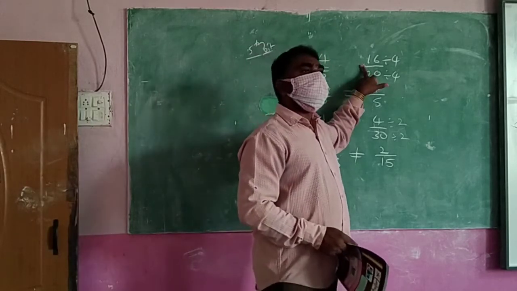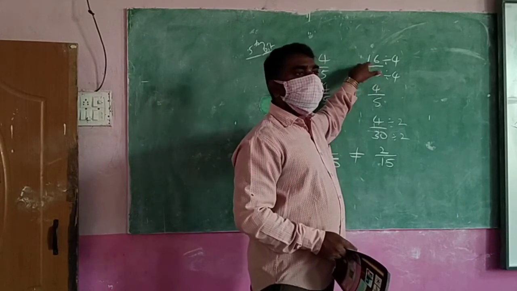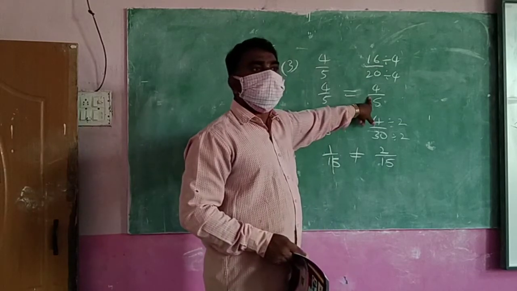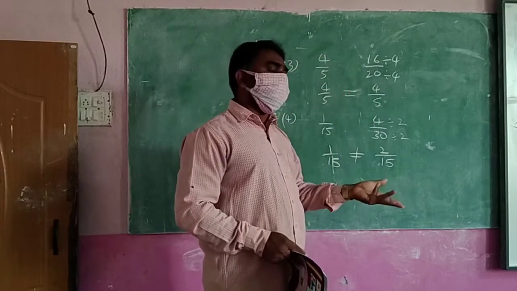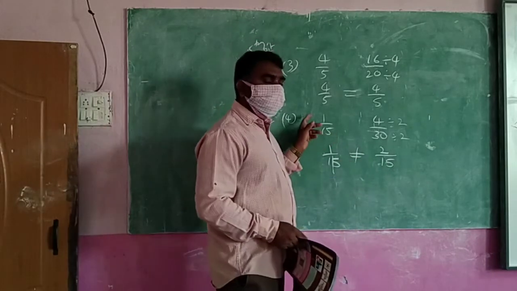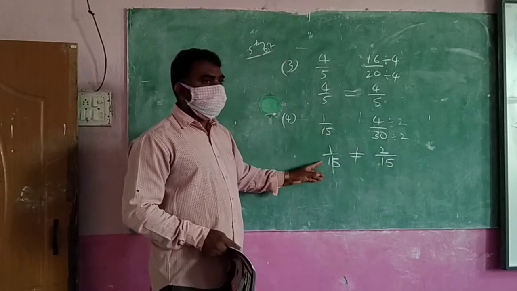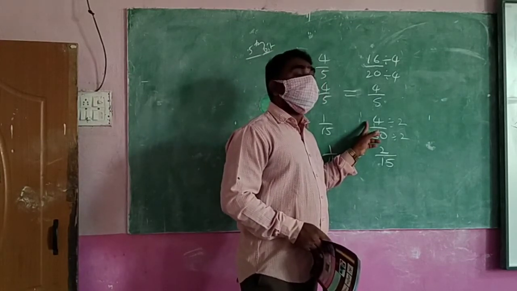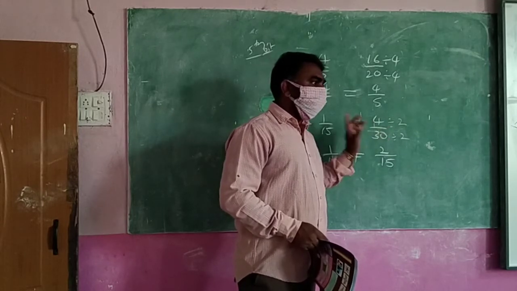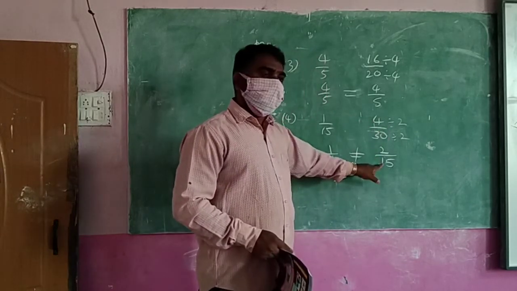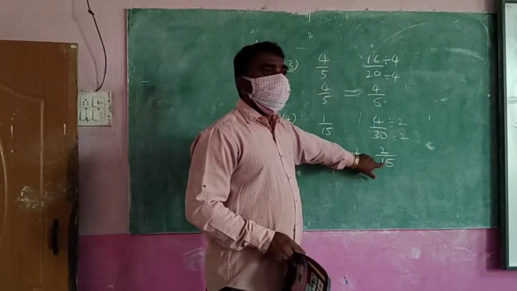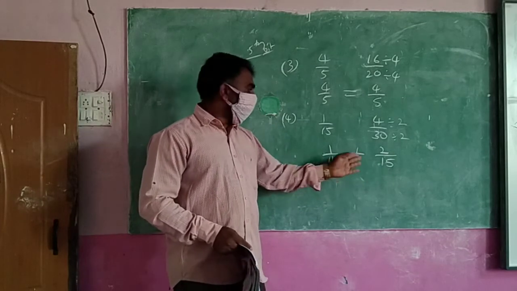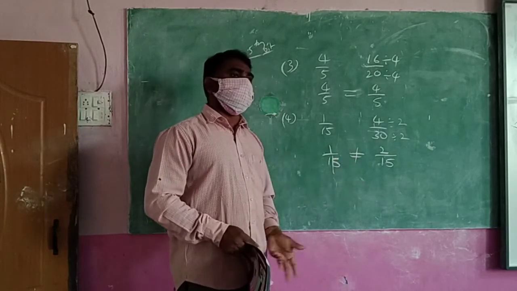But this is not in standard form because it is divided by another table. Then divide it. After dividing, you have written into standard form. Then you check the both fractions. Are they looking same or not? Second one you have taken. This is already in standard form. You have written directly. But this is not standard form because they are coming in same table. What table? Two table. That's why you divided it. Then you got 2 by 15. This is standard form. Up to standard form you convert. Then afterwards you check, are they looking same or not? Are they looking same here? No. That's why you said not.